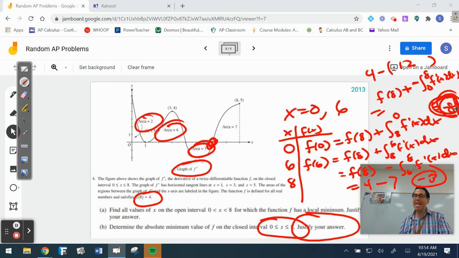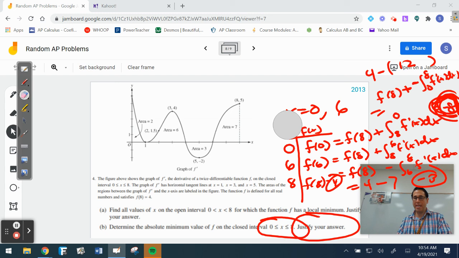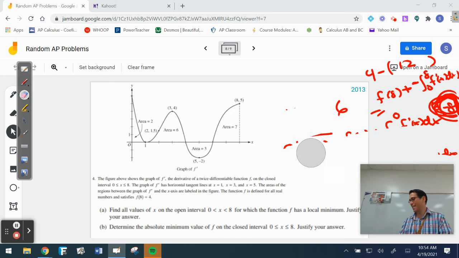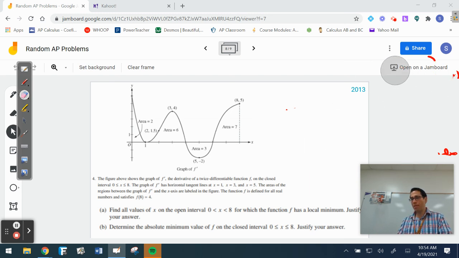So far, this is the absolute minimum value is negative 8. And then, oh, sweet, F of 8 they give me, that's just foul. So then that's easily the answer. Boy, was that a lot to take in. And make sure you say that the absolute minimum value is negative 8, and it happens at